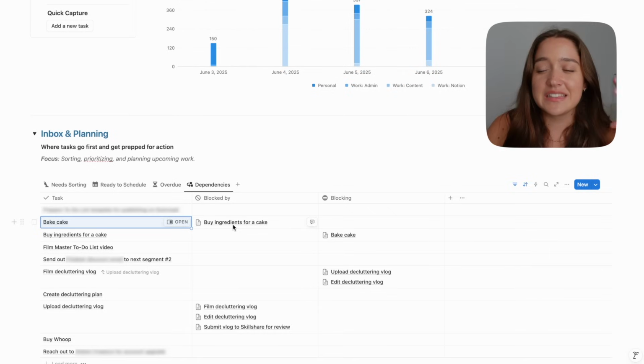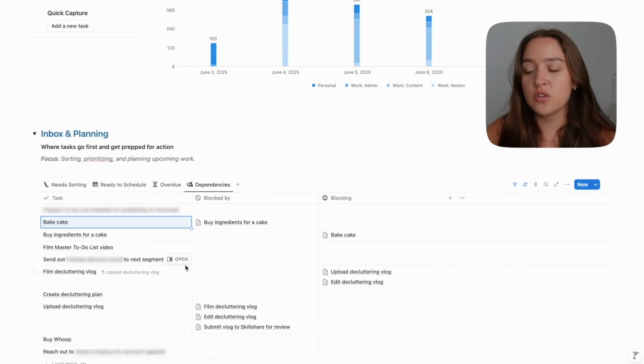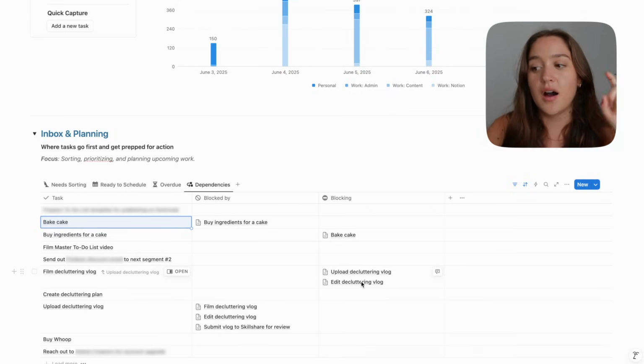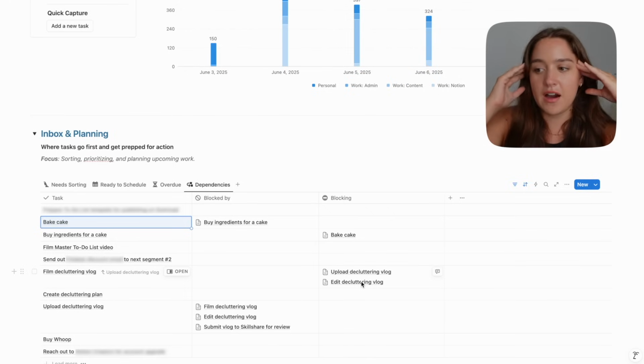So it can get a little confusing sometimes, but if you say it out loud in your head, you can literally go step by step. So for example, film decluttering vlog is blocking uploading and editing the decluttering vlog, because I can't edit the video if I haven't filmed the video. I can't upload it if I haven't filmed it. So if you just say it out loud in your head, it makes more sense,